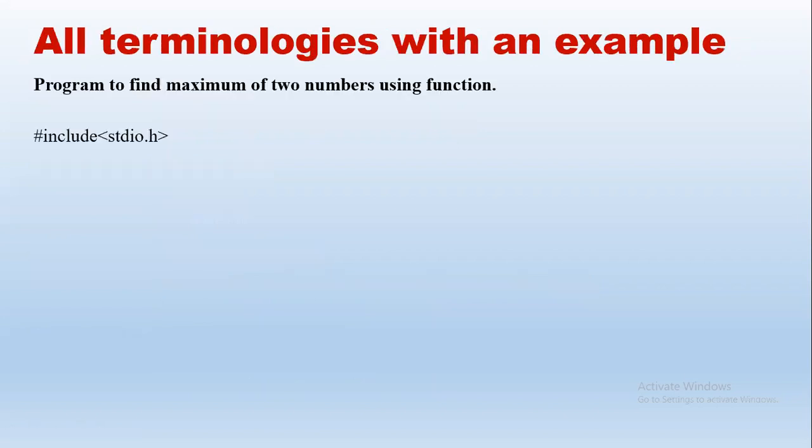Now we saw this same example, maximum of 2 numbers. Did you understand this or shall I explain the same again? We just saw this in the previous class. So I'll just explain a little, right? This is to find the maximum of two numbers. Here we can see another alternative.